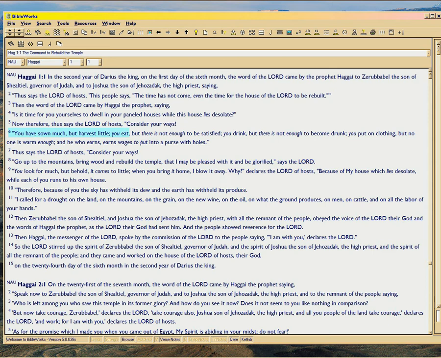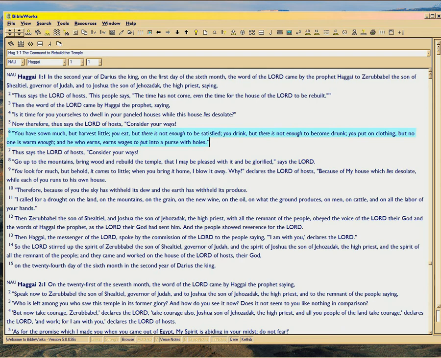Leviticus 26. It's not wrong to eat. It's not wrong to work for your food. It's not wrong to try to get food. But He didn't honor it. It's not wrong to drink water and all the stuff that's good for you. It's not wrong to drink wine. It's not wrong to wear clothing. Those are all moral activities. But God didn't honor them.